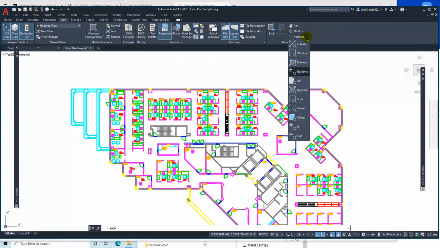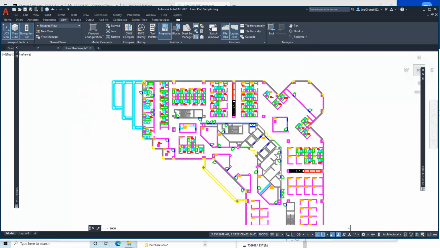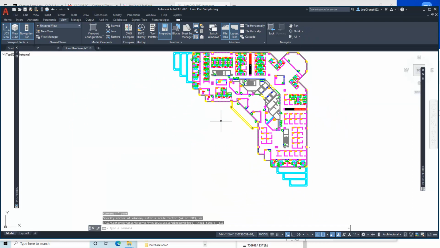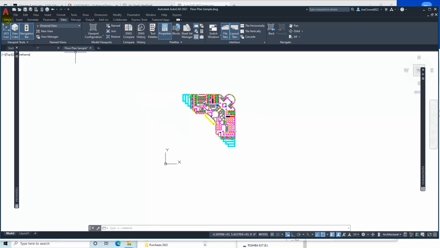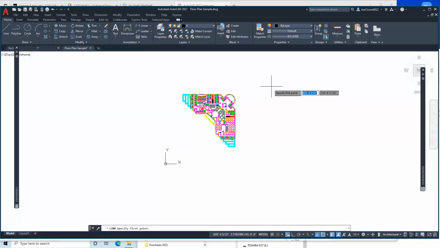If I come back here, zoom all. Oftentimes we'll use zoom all to find space geometry. Every once in a while we'll create an offset, and if it's way out, maybe 1,000 yards from the drawing itself, when we do a zoom all, it will show up as a very small line. So if I draw a line like this and then offset that, we're just going to say 1,000,